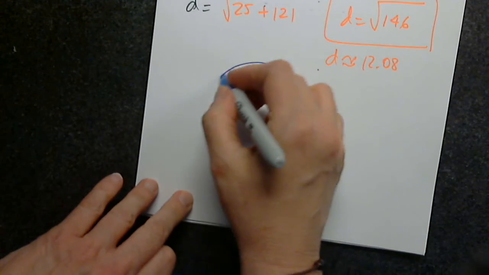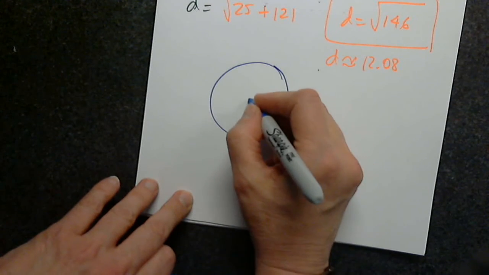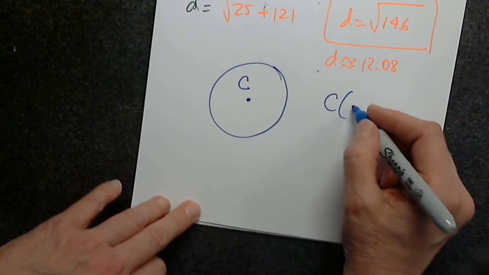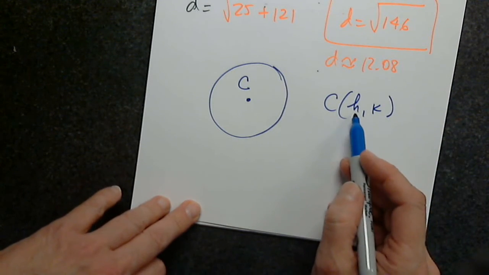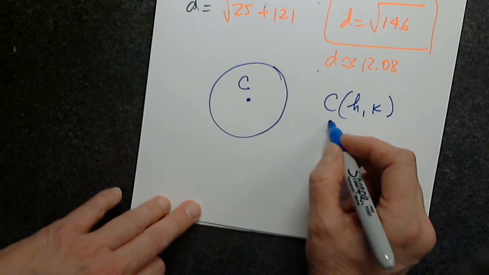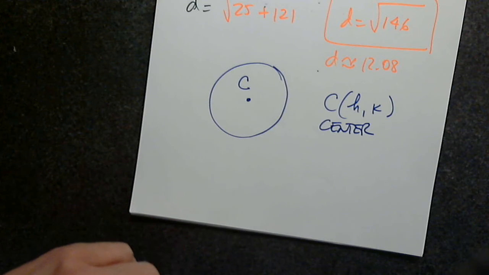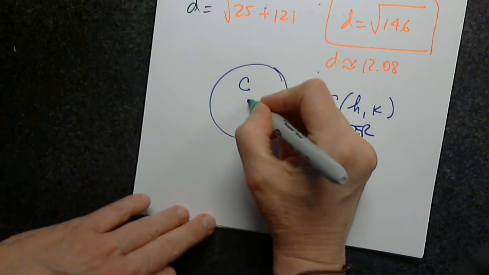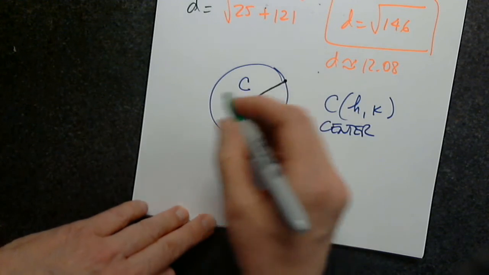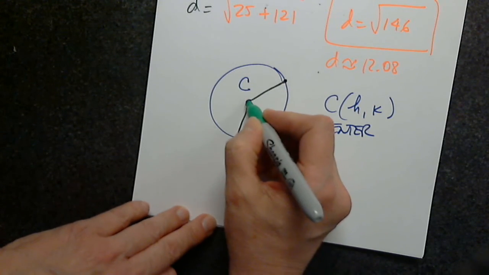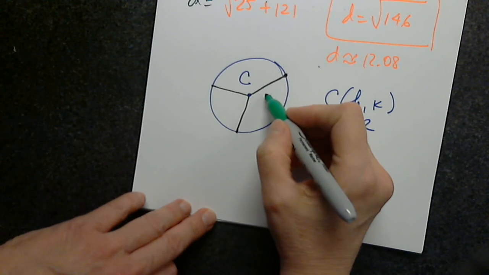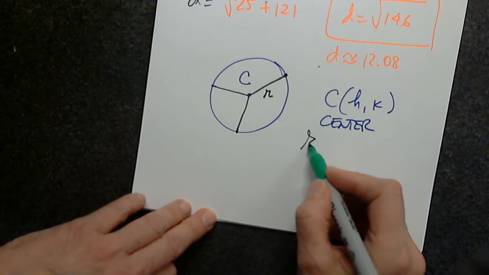Bear with me and say that this is a circle. I know it's not. It has a center. By convention, the center has a notation h comma k. This is its x coordinate and this is its y coordinate, of course. So this is the center. I hope you agree that this distance from the center to any point on the circumference, this distance or this one, it doesn't matter, they're all equal to, very good,